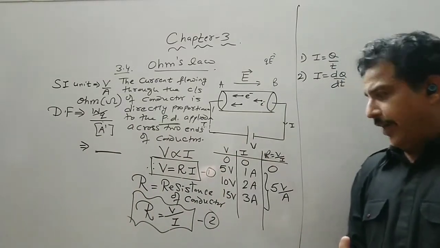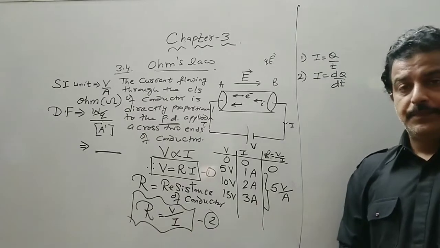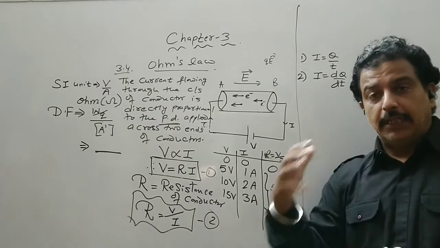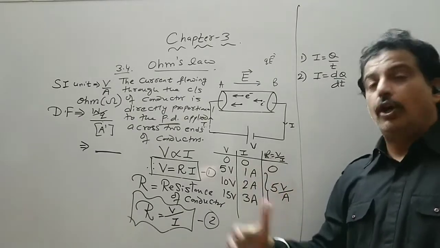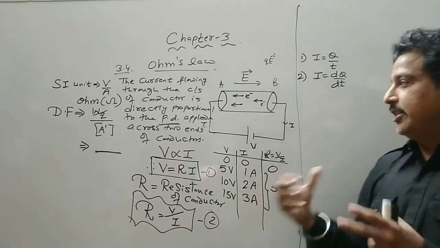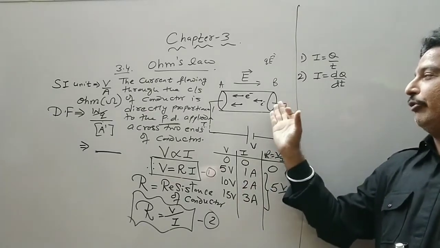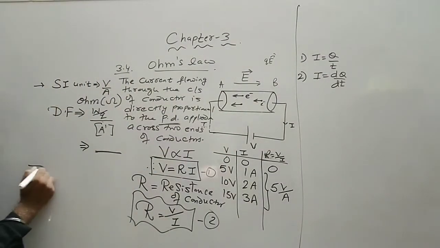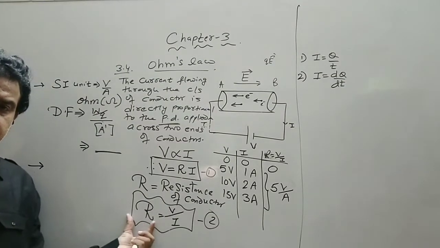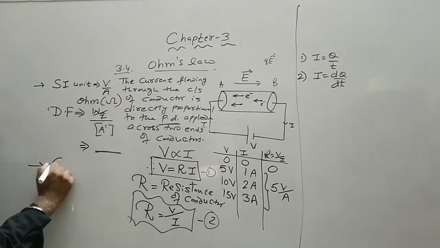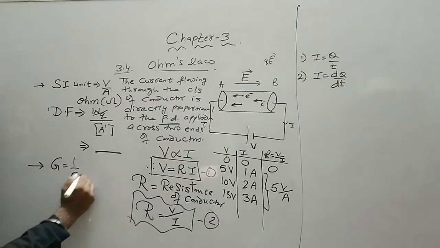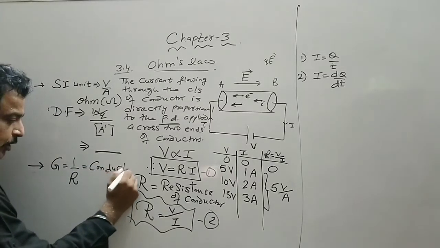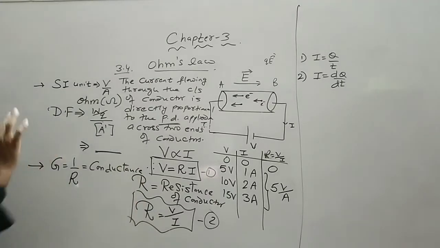So this is the introduction of resistance. We will come to this resistance again at a microscopic level, how the resistance or a new term resistivity originates whenever the electrons move from one end to the other. Now the basic thing, this is called a resistance. The reciprocal of a resistance is called conductance, that is 1 upon R is called conductance. Though the symbol is not fixed, we denote it by capital G.